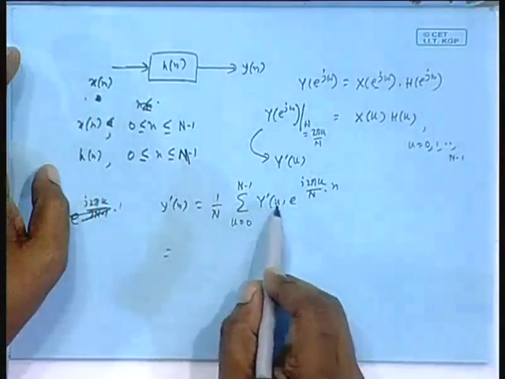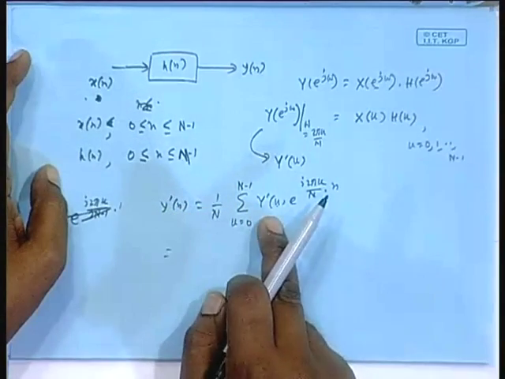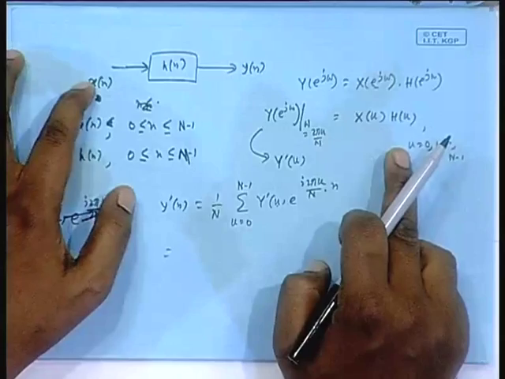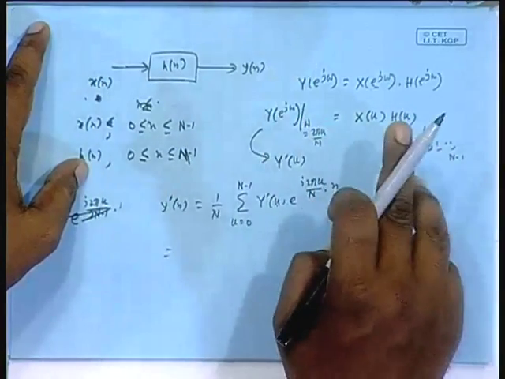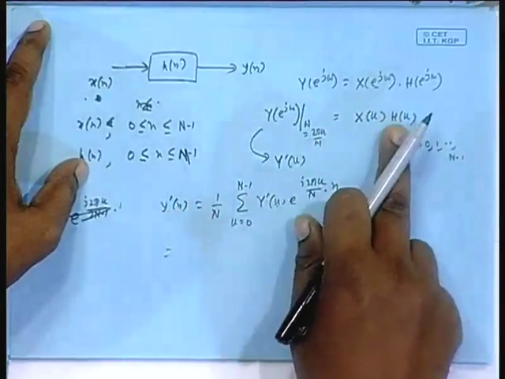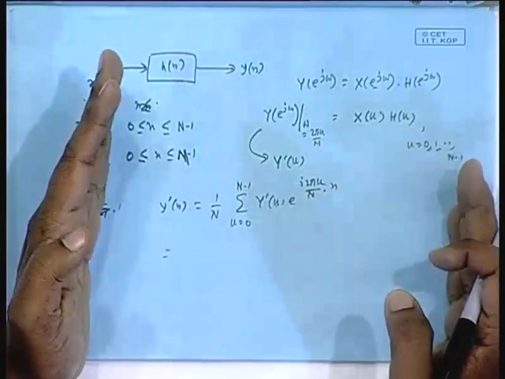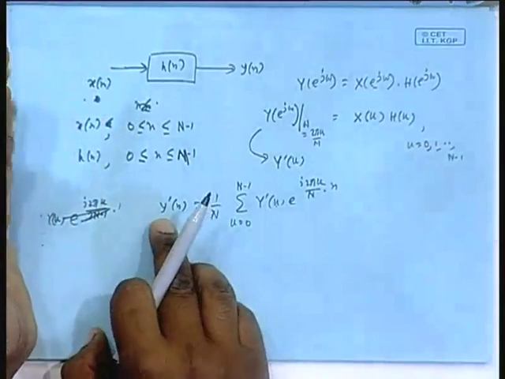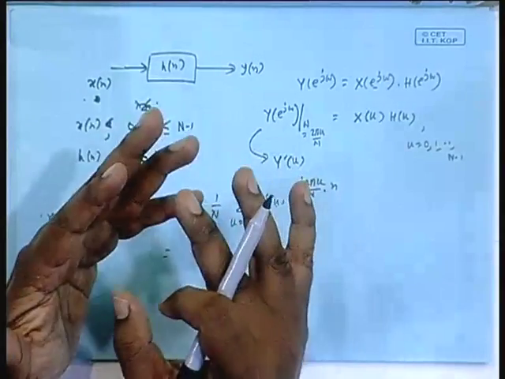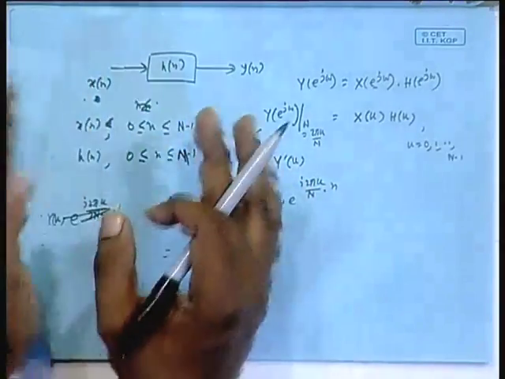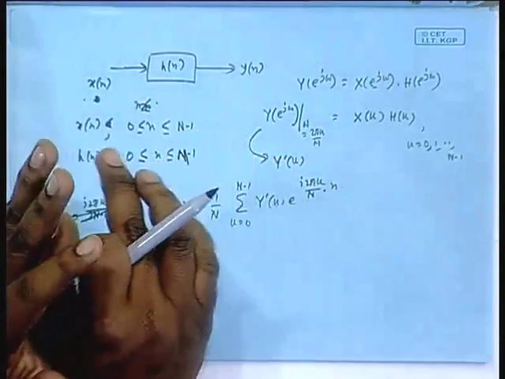If I put y prime k equal to X[k] H[k], still on the left hand side I have got n, right hand side X[k] H[k], not a small x[n], not h[n]. So again X[k] has to be written by its DFT expression involving x[n], H[k] is to be replaced by its DFT expression involving h[n]. I will get a triple summation kind of thing. So that will at least relate the y prime sequence with small x[n], small h[n], and that I will simplify, and I will see that okay, there will be some component which is coming from the linear convolution between the two and an extra component.